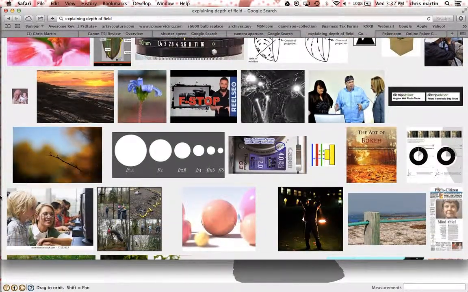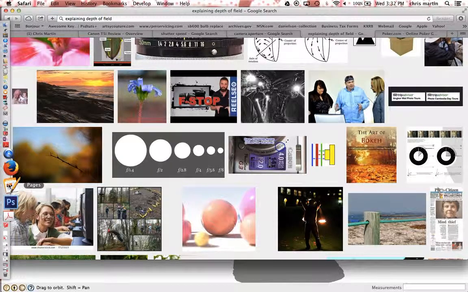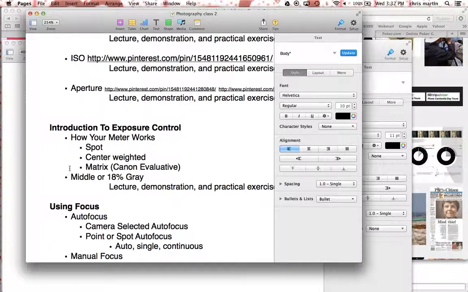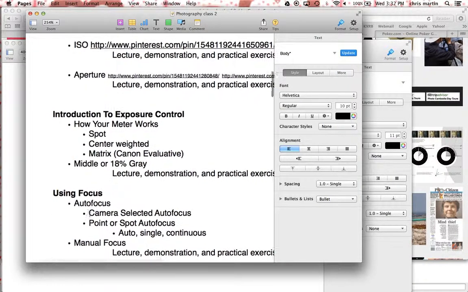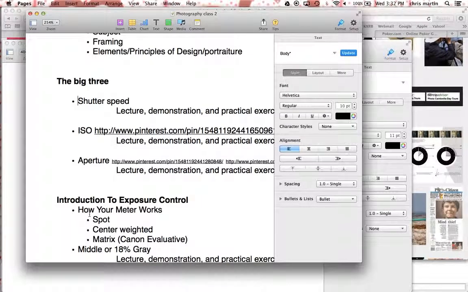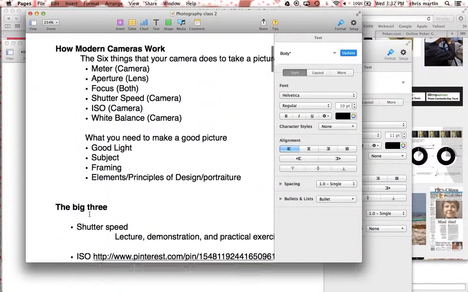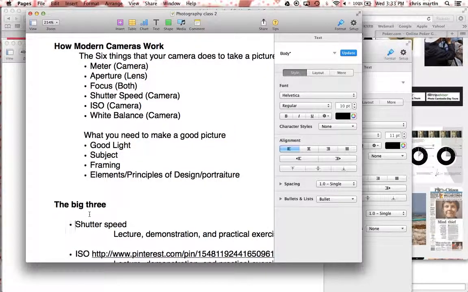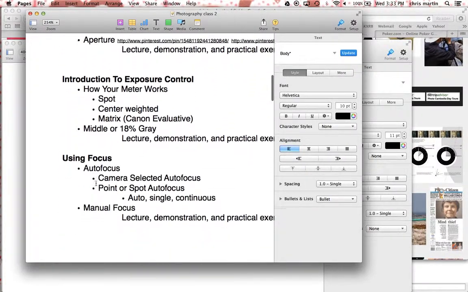Let's go back into aperture. Now, we didn't get into metering. We didn't get into autofocus yet. That's going to be more of a Thursday thing. We focused a lot on that. We did have practical exercises where we talked about setting up shots and just practiced around